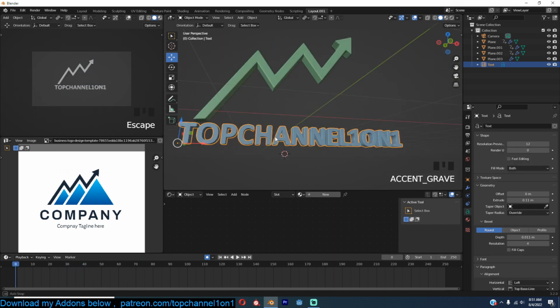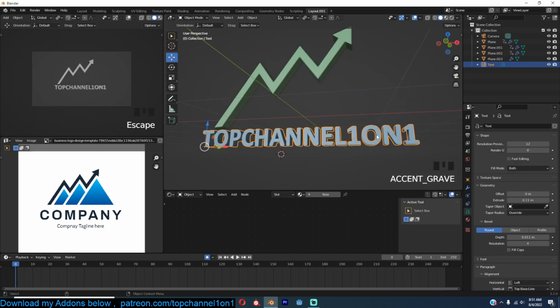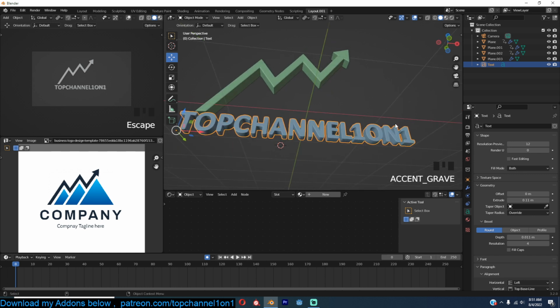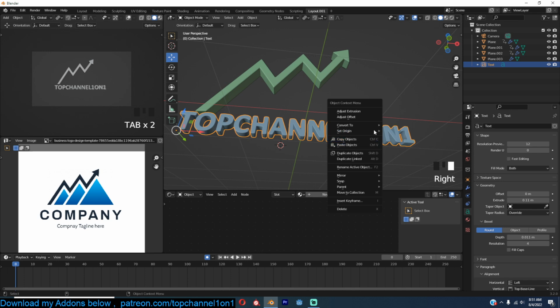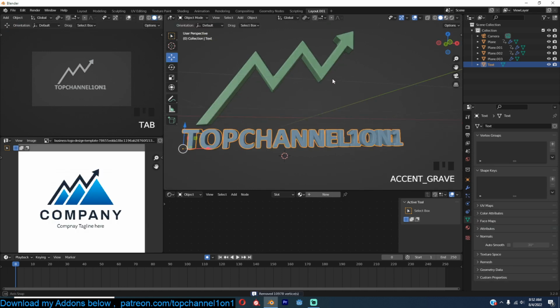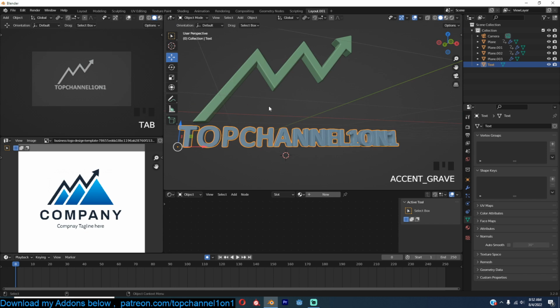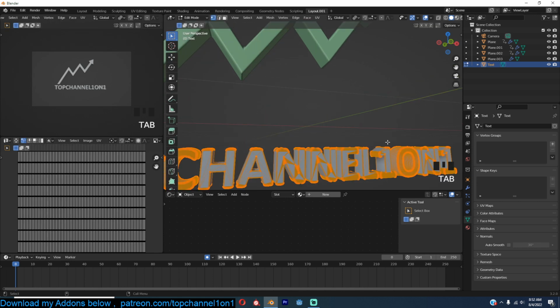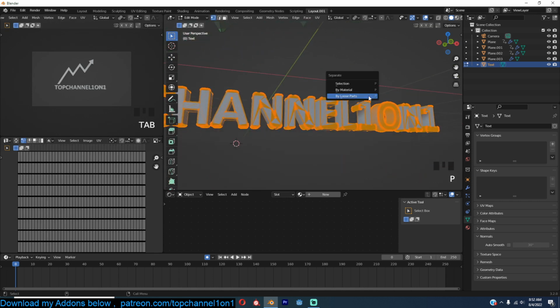There isn't a lot of ways to animate text in Blender, unless you're using geometry nodes, which is also a different monster to tackle if we wanted to go into that. So let's just convert this text object into a mesh so that we can make it animated. I'm also going to use the same trick of separating these letters into individual letters and then animate them in the same way. So if we just go into edit mode and hit P, separate loose parts, you'll see